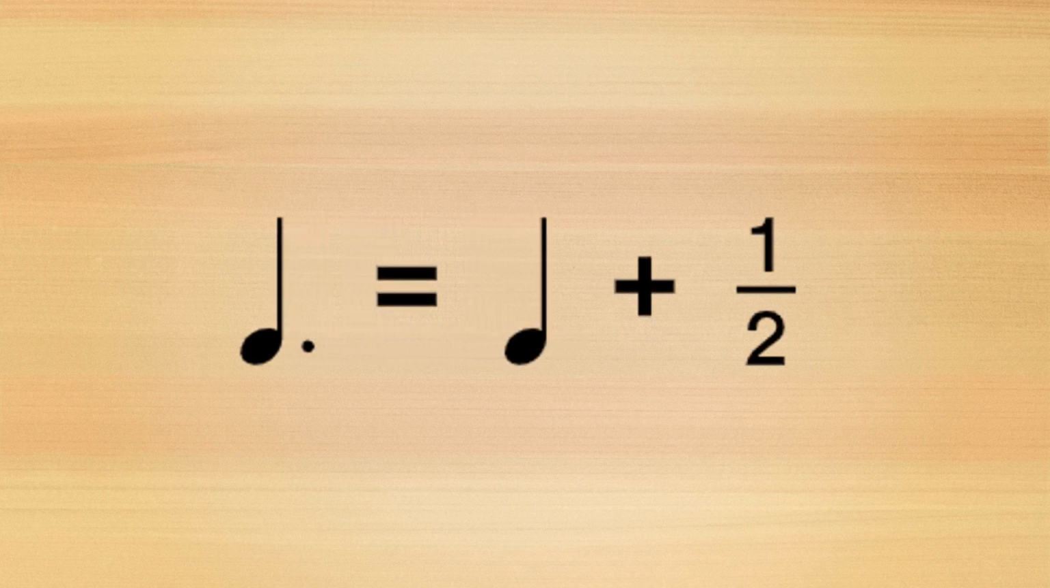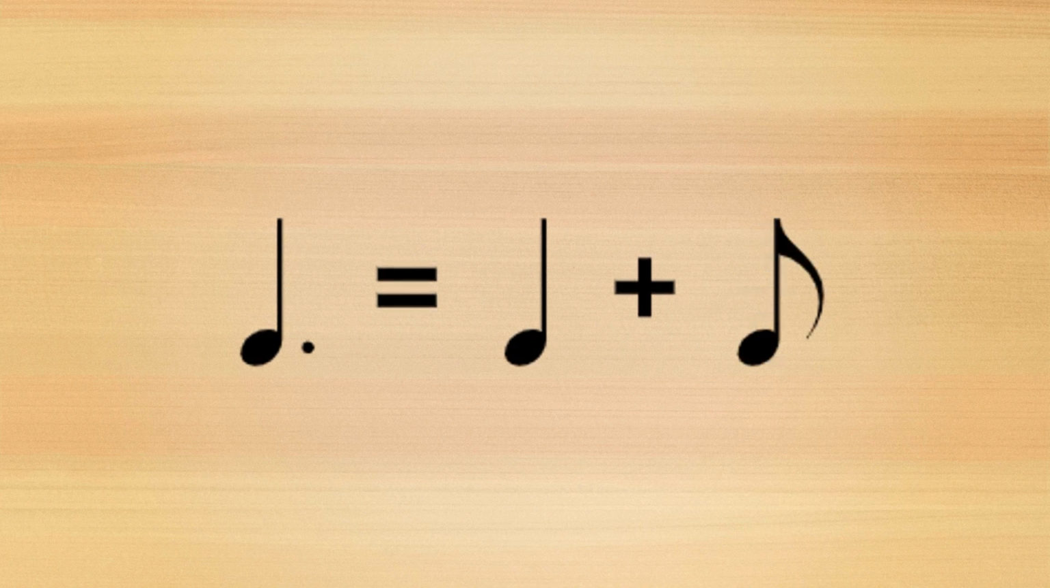Now let's look at dotted rhythms. Dotted rhythms are a little bit more difficult. As far as a dot is concerned, the best way to consider it is that a dot adds half of the corresponding note's value. In this instance, a dotted quarter note would equal a quarter note plus one half of